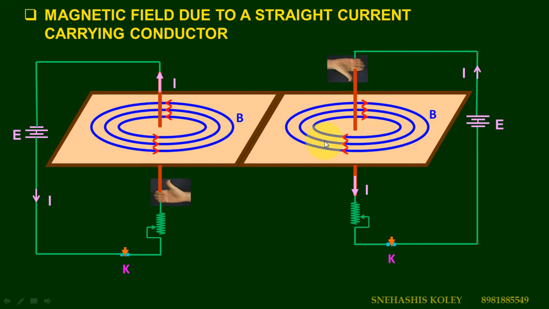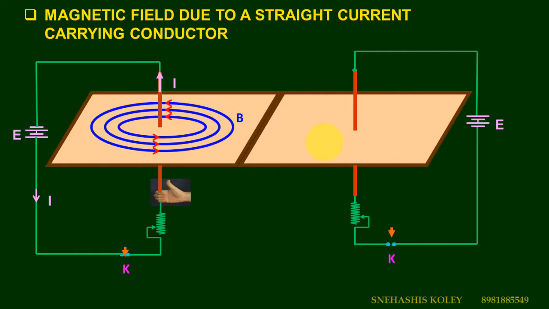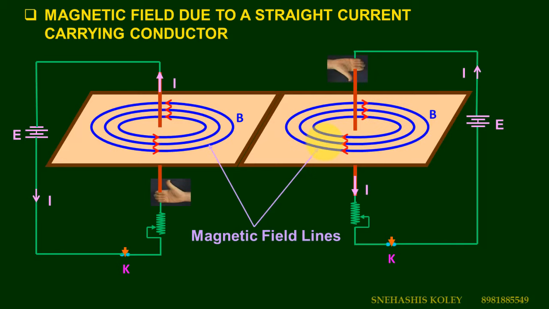As we can observe, when the magnitude of the current in the wire is increased, the number of concentric circles increases. That means the magnetic field is directly proportional to the current flowing through the conductor. When a magnetic needle is brought near the conductor, the deflection in the needle is more when it is closer to the conductor. The space between two concentric circles will not be equal in each case. It will be increasing in order.